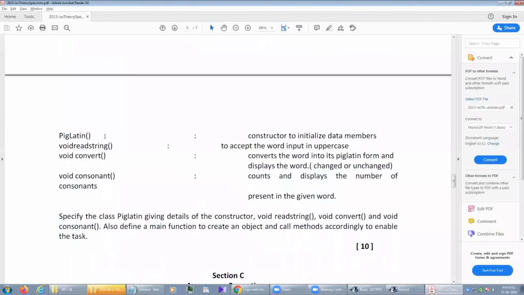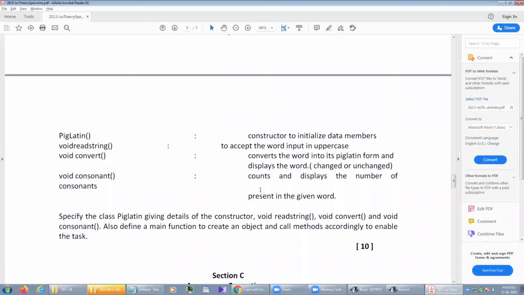Pig Latin is a default constructor. Void read string, to accept the word input in uppercase as per the instructions. Void convert, to convert the word into Pig Latin form and display the word, whether it's changed or unchanged.